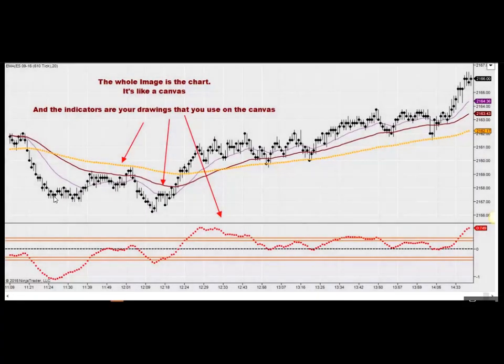This is a chart. And these lines that you're seeing all over the place, that is the indicators. You could use whatever indicators you want. You're simply looking at my indicators. But you're going to be doing everything from the chart. You cannot trade blindly. You cannot just say, I'm going to enter here and I'm going to get out here. No, you need to see what the market is telling you. And the way we read the market is via charts.